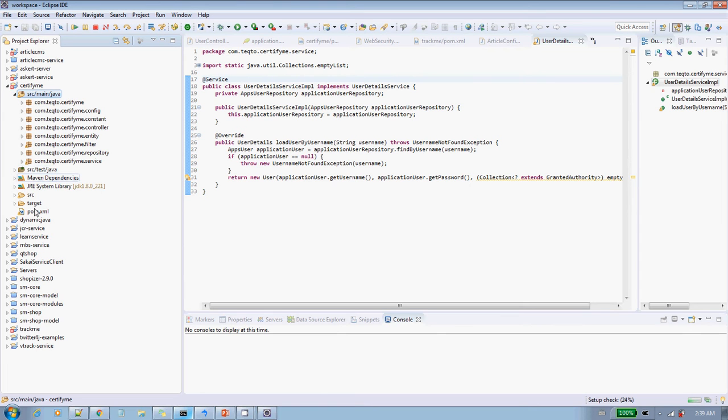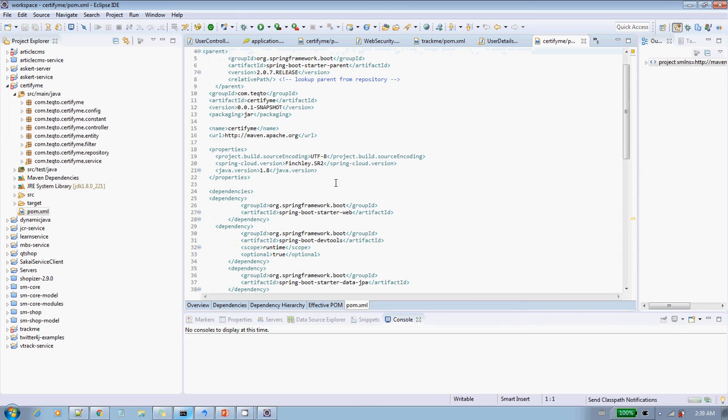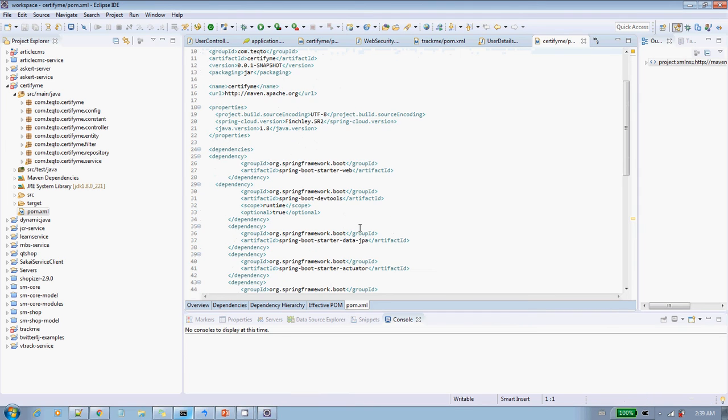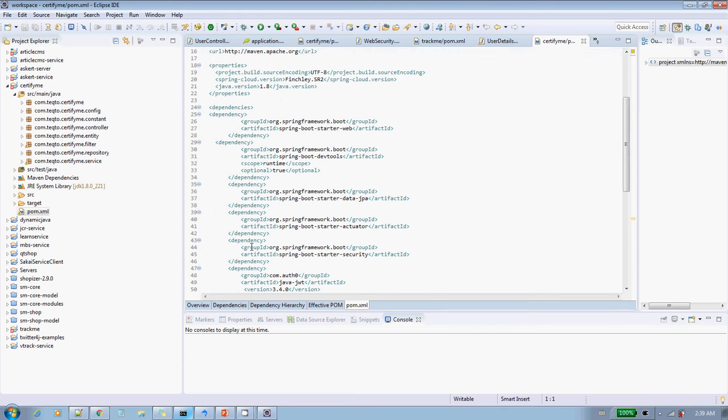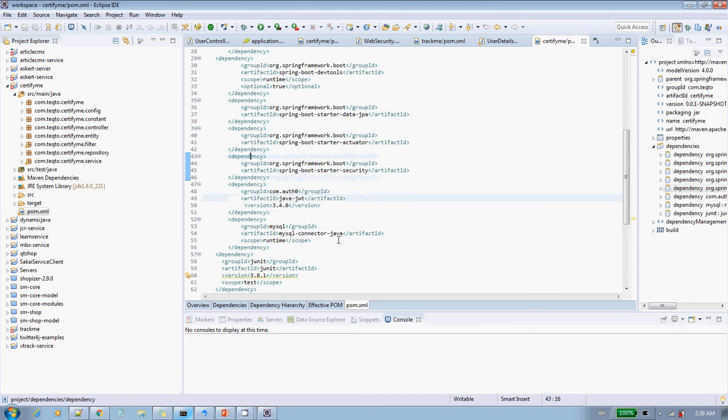Okay, so this is a very simple Spring project, and we have some libraries. We'll look into the pom.xml. I think Spring Security is the major one. These are the common ones: Spring Starter Web and Dev Tools. This we are going to add for Spring Security: Spring Starter Security, and this is for the token: Java JWT from com.auth0. The others are used for a normal Spring application. I used MySQL to get the data from persistent storage.